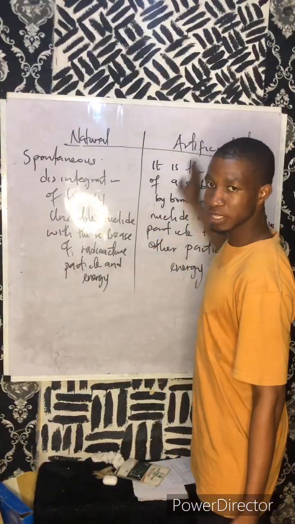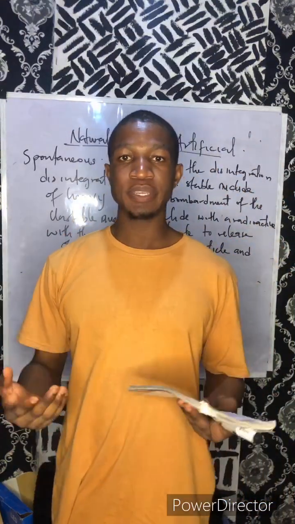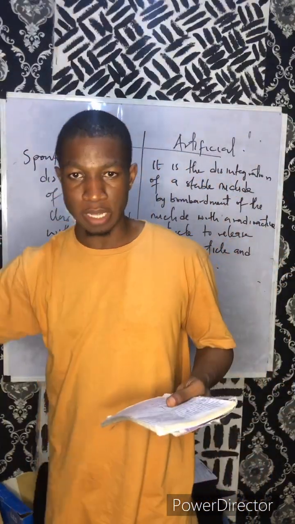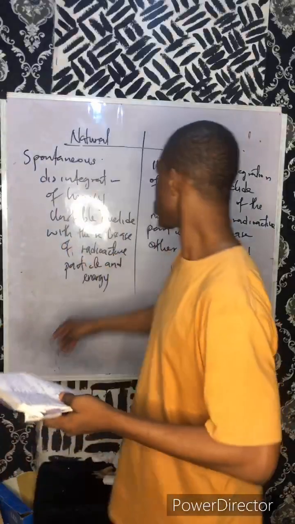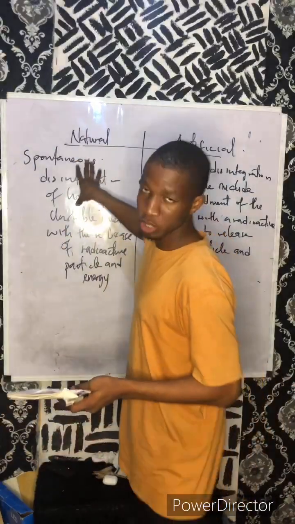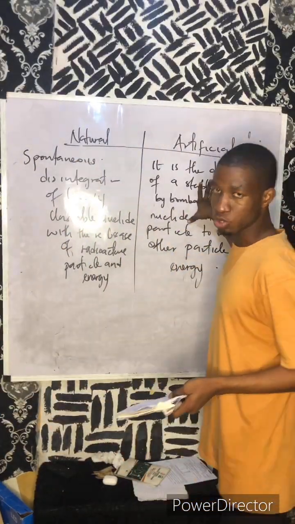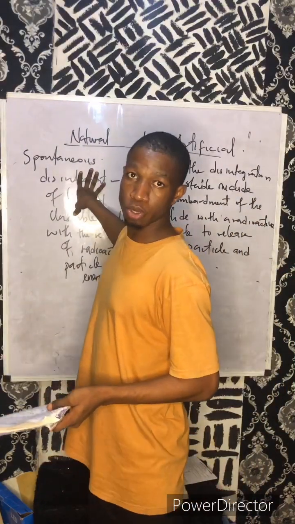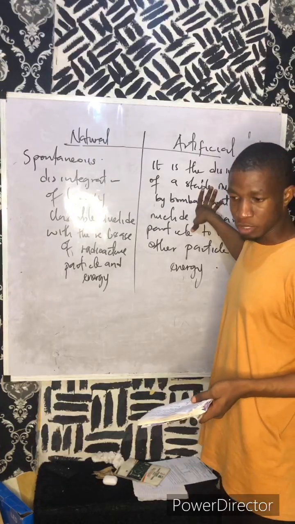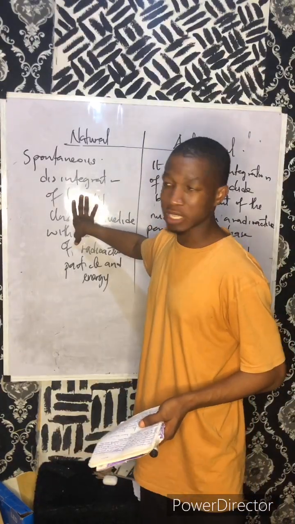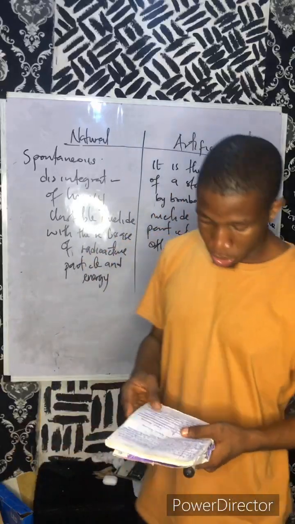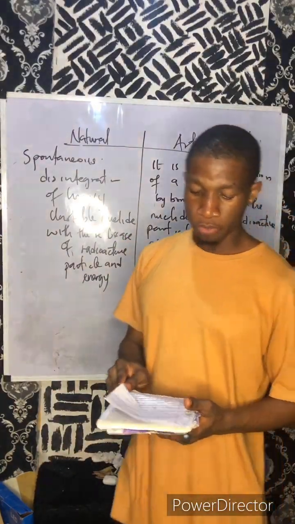So this artificial radioactivity is radioactivity that is induced in a non-radioactive substance by particle bombardment. This one is a naturally occurring radioactivity, meaning nobody is touching it. Another thing, this one is spontaneous, and this one is not spontaneous. This one cannot be controlled, while this one can be controlled by controlling the speed of the bombarding particle. You cannot control natural radioactivity, but you can control artificial radioactivity because you are the one bombarding it, so you can control that. So that is basically all for the differences between them.